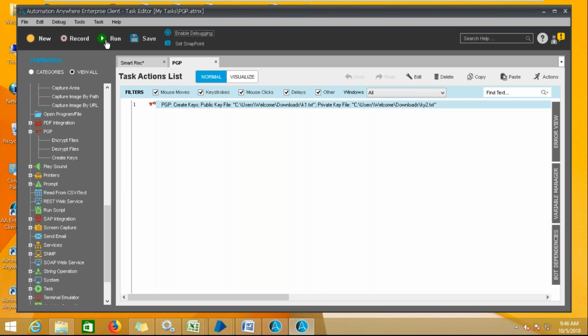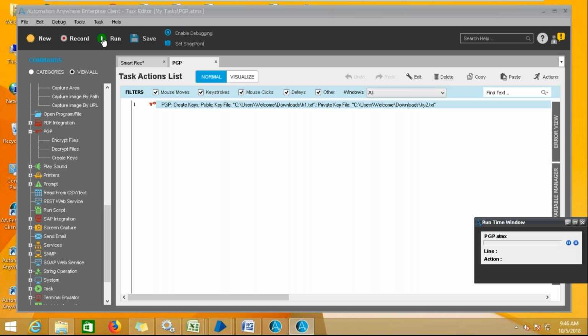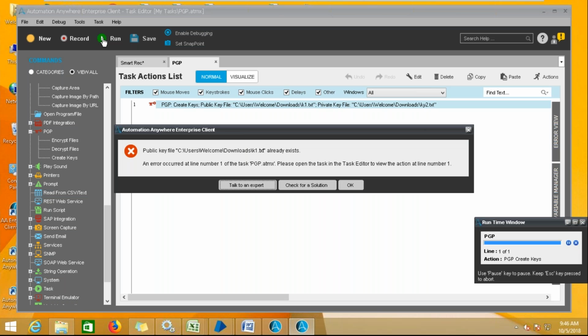Okay, and we'll run that particular value. Wait, that is not accepting. Yeah, no, it is. It should. Yeah, it's executing. Only one time needed. Let's see if it's creating that key or not. No. So this particular file is also available. So we need to change this to generate this key.